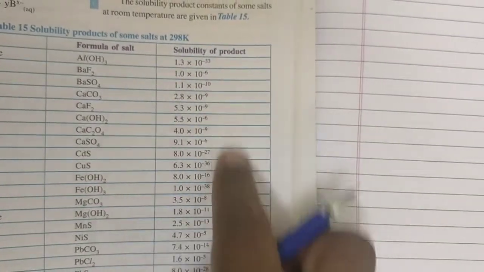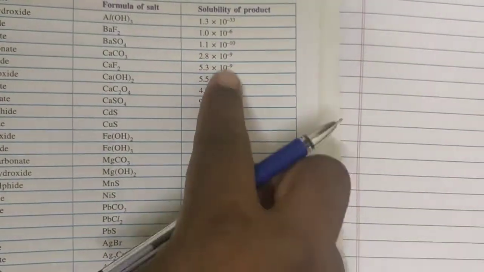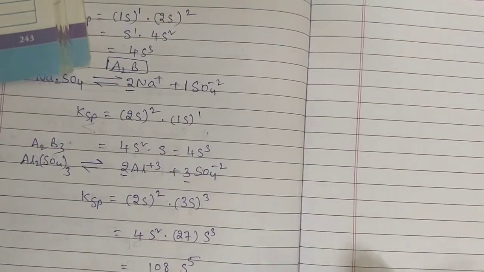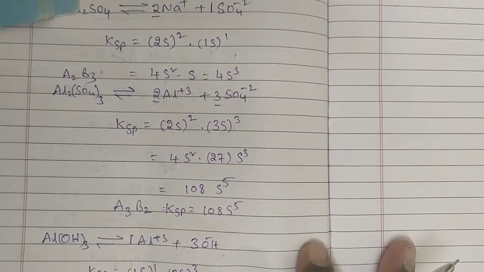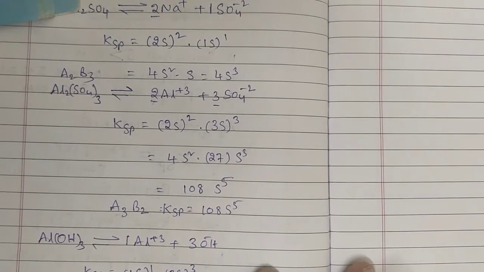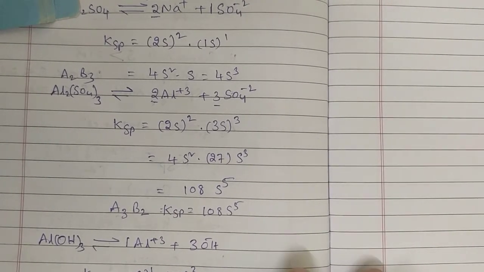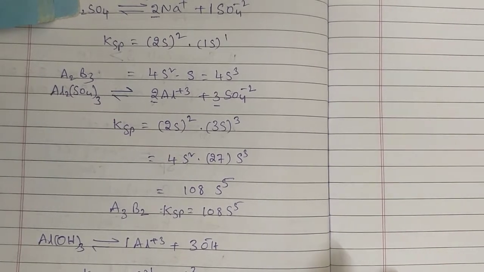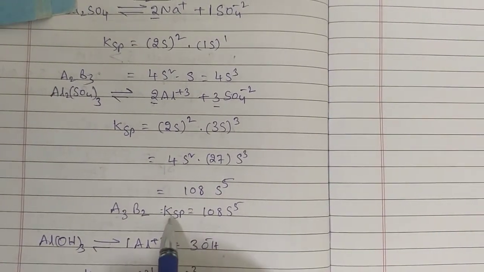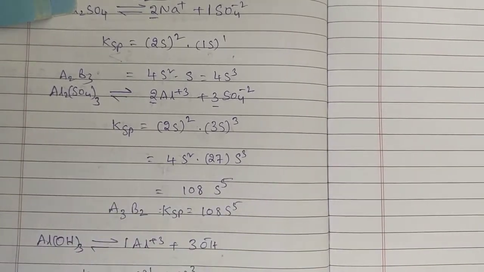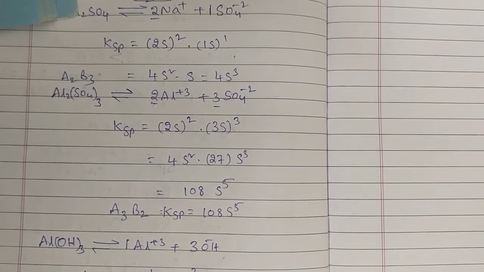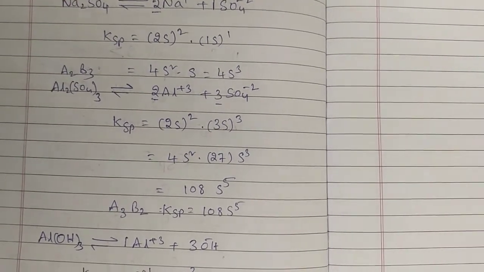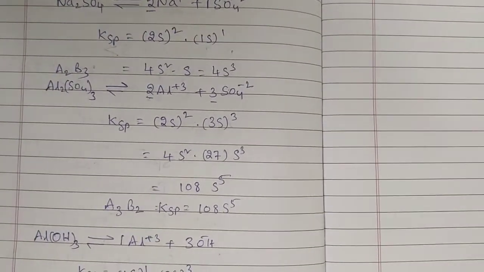Okay, solubility products they gave in a tabular column. This is for reference purpose only, but majorly this is the formula. Till now whatever I said, those are the formulas which are highly useful. Regarding these formulas we have problems also, so take care of this. This is only solubility product, Ksp, and S is nothing but solubility. Is it okay? And now finally we are going to see common ion effect.